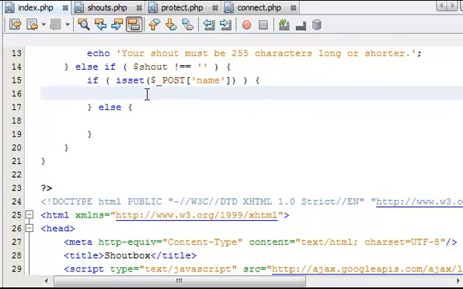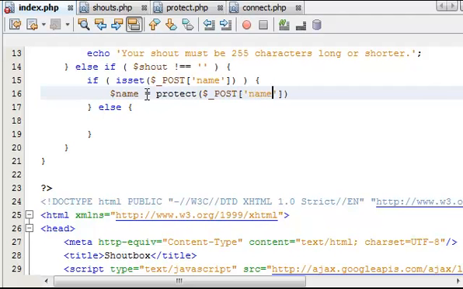In the last part of the tutorial we left off where we checked if a name was posted, so we'll continue on from there. We'll first need to protect it as we did with the shout, so name equals protect post name. Now we obviously don't want users to be using names that registered users are already using, so we